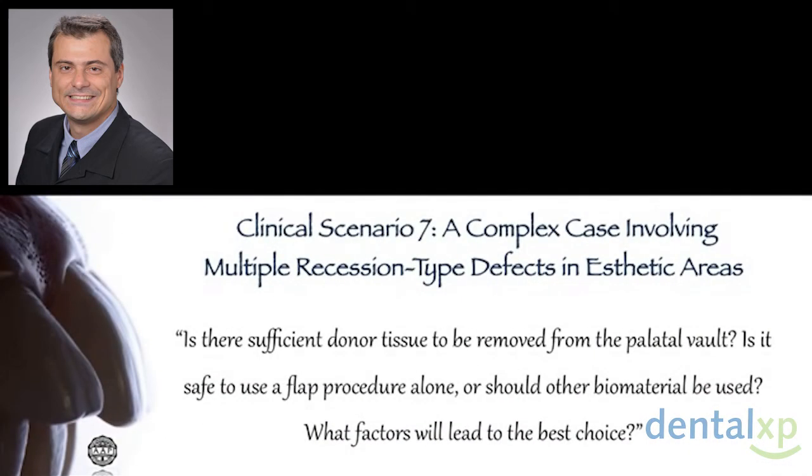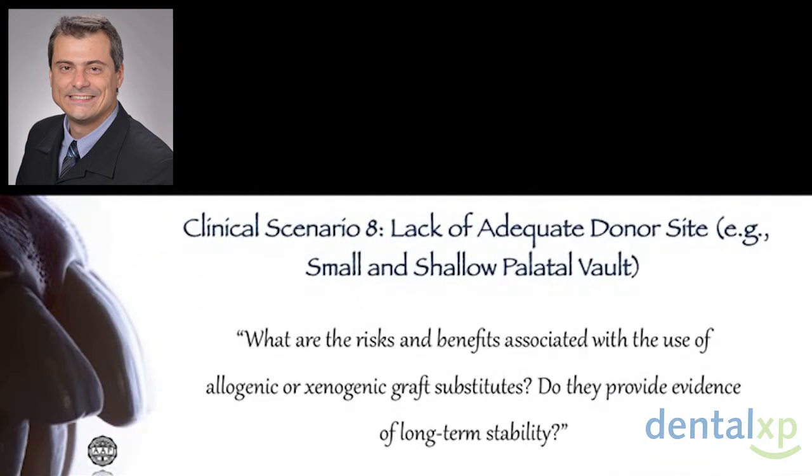The next two clinical scenarios will also be presented together. Clinical scenario number 7, a complex case involving multiple recession type defects in aesthetic areas. And the questions are, is there sufficient donor tissue to be removed from the palatal vault, and is it safe to use a flap procedure alone, or should other biomaterials be used, and what factors will lead to the best choice? And clinical scenario number 8, lack of adequate donor site. What are the risks and benefits associated with the use of allogenic or xenogenic graft substitutes, and do they provide